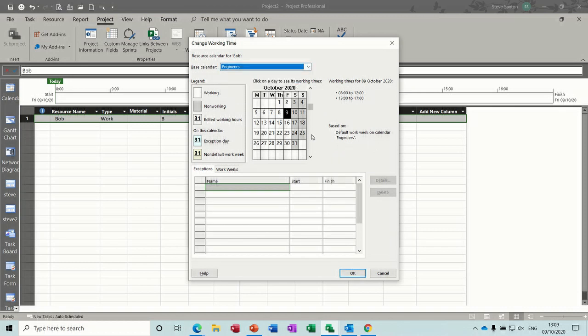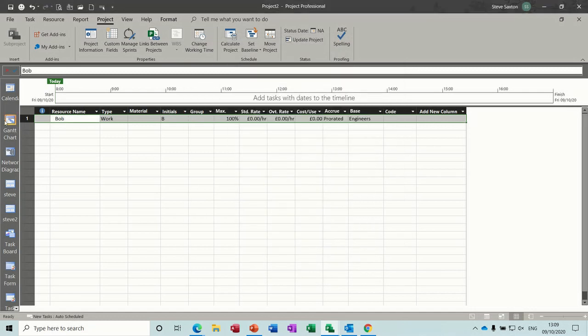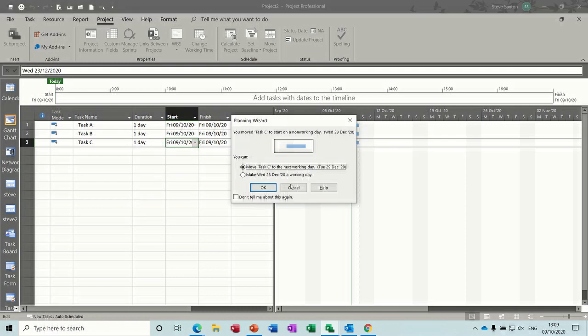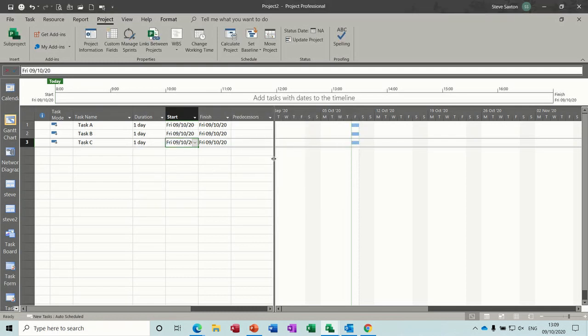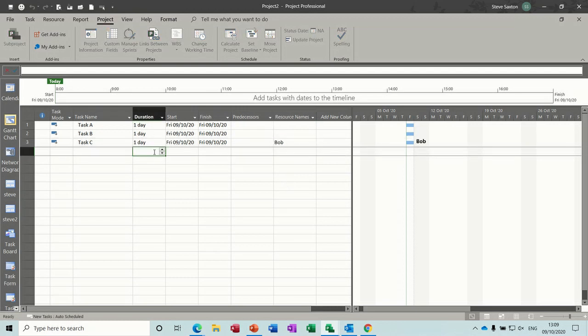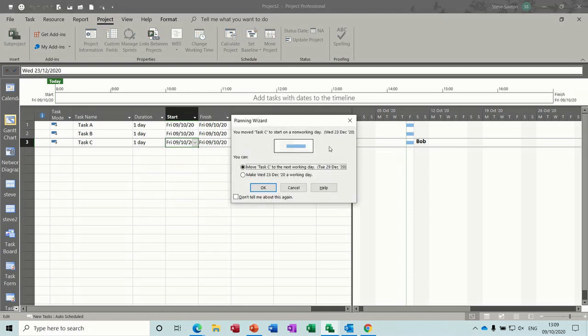Now if I go to Bob, I can set Bob to have that calendar as his base calendar. Engineers. And then if I come down to December, whoops, went past it, he is able to work. I'll click OK. OK. Now obviously this task still won't let me select December the 23rd, even though if I put Bob on it, let's have a look. Let's put Bob onto that. Bob's on it, so he's able to work on the 23rd, but the task itself